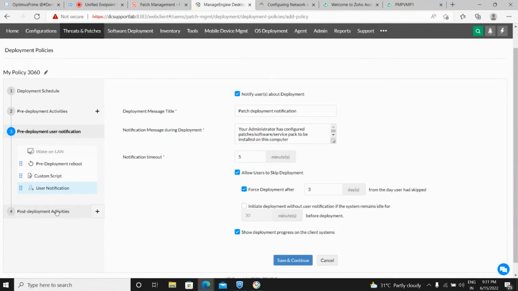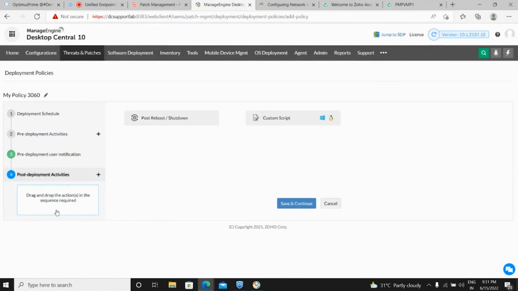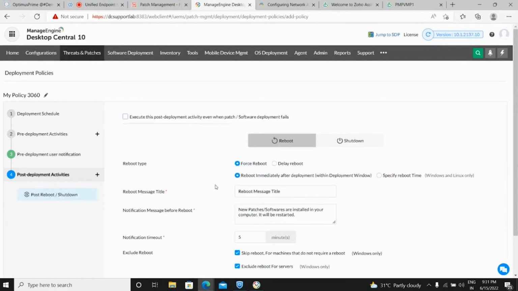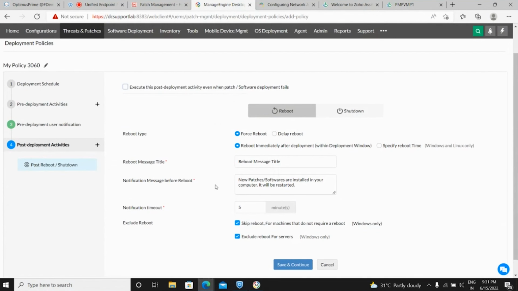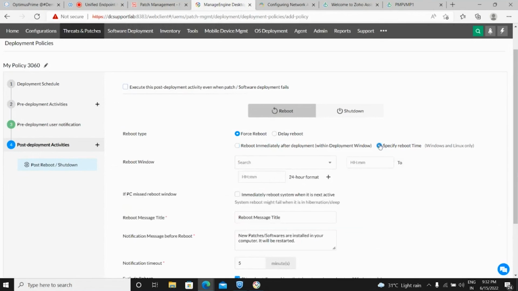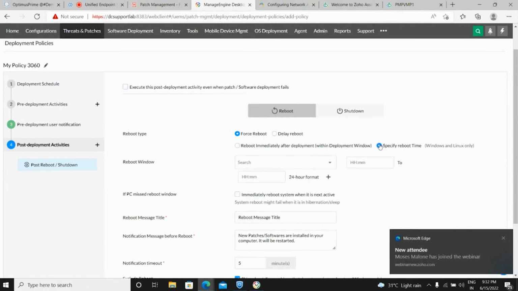And finally, you can define the post-deployment activities. In post-deployment activities, you can define this reboot policy. So in reboot, you have multiple options that can be customized in a very granular way. So you have two options here. One would be the force reboot and another one would be the delay reboot. With the force reboot, you can make the machines reboot immediately after deployment, but within the deployment window. In case your reboot window is different than your deployment window, then you can define the reboot time over